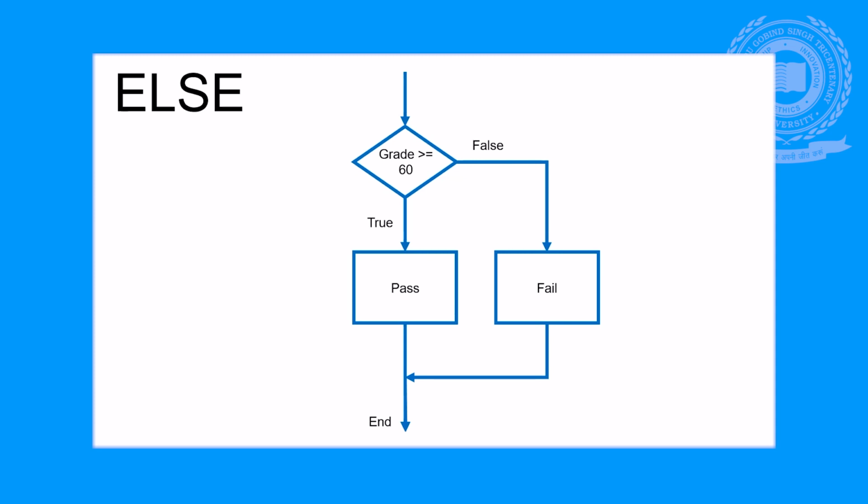In this case, we start off with a grade again, and we are trying to determine if we have passed or failed a class. So we evaluate this input based on our logical expression, and in this instance our grade of 55 is not greater than or equal to 60. Since that is false, our second statement group is evaluated and the program ends. So let's return to MATLAB and revise our program to implement the else statement.